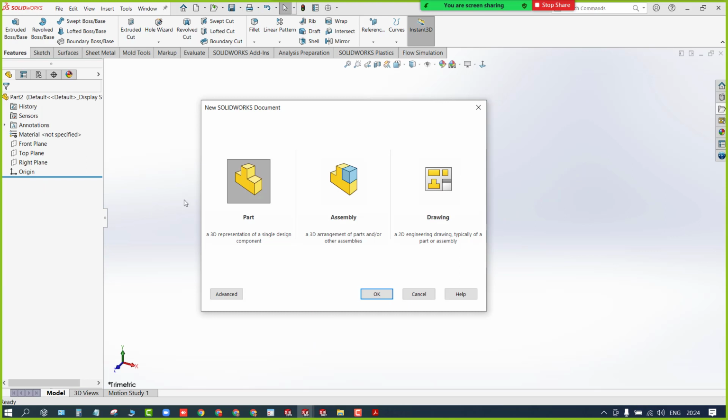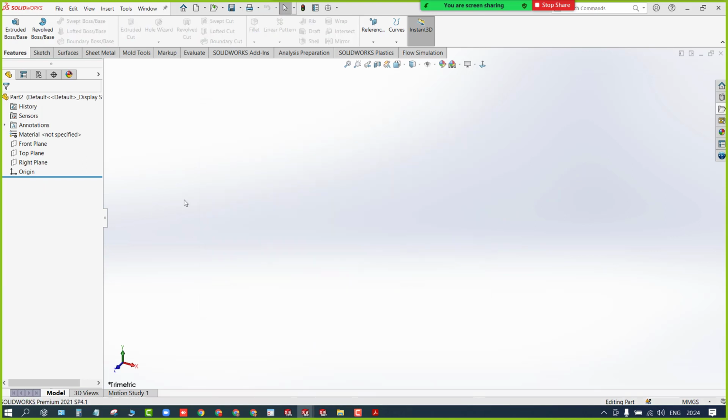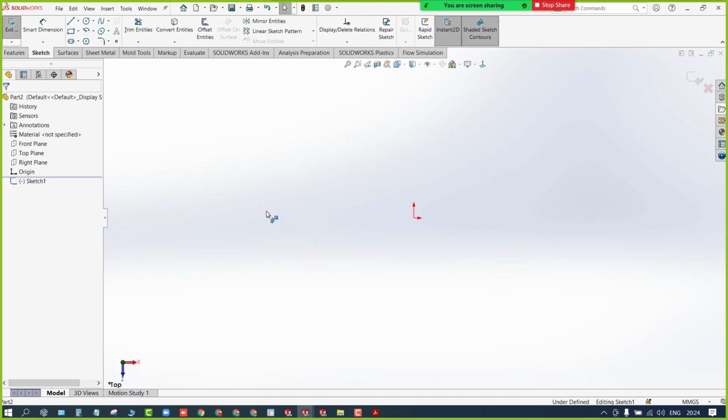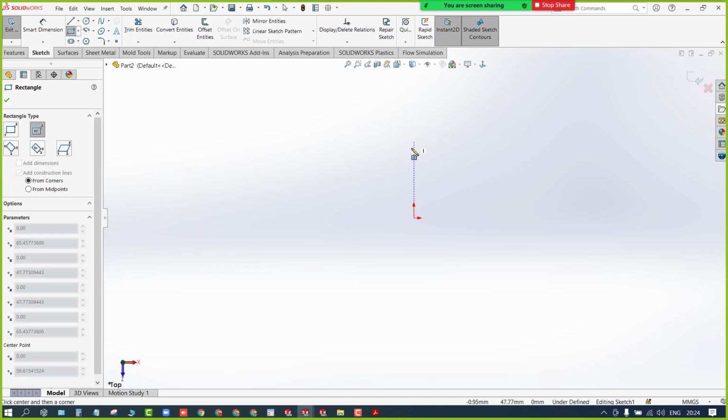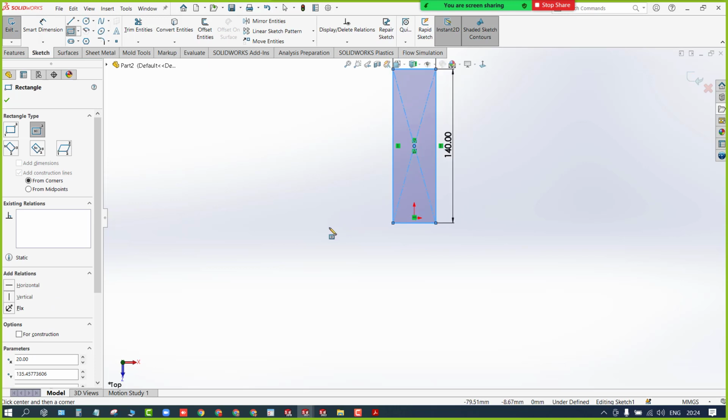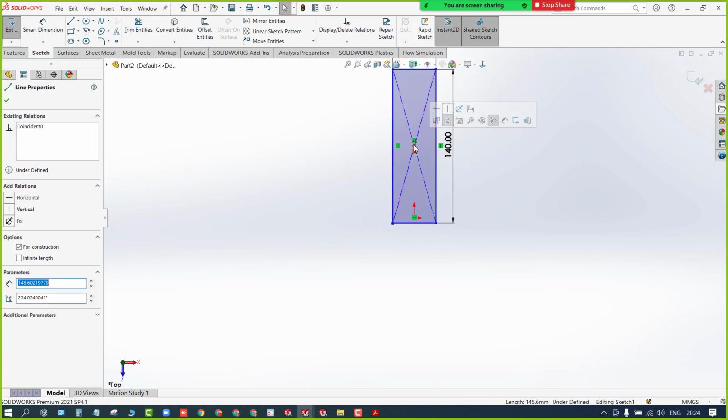I'm using shortcuts for each and everything here. So if I press Q, it will activate the insert sketch. Remember that. So right now I need the top plane. I'll click OK on it, and I need a rectangle. Use a shortcut. From here you select any of the rectangles. So I'll better go with the center rectangle. I'll create it like this. So manually you can enter the values. Let's say I'll enter 140 tab 40 for now. I don't know exactly how much it is, so later on you can customize it.